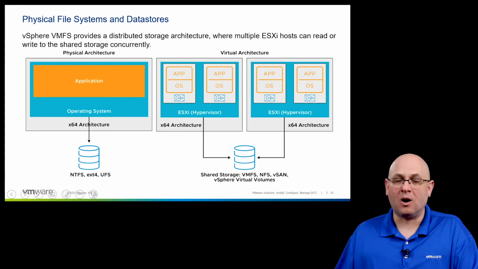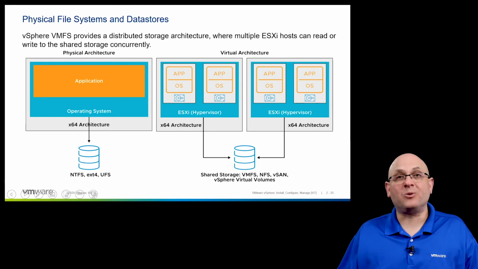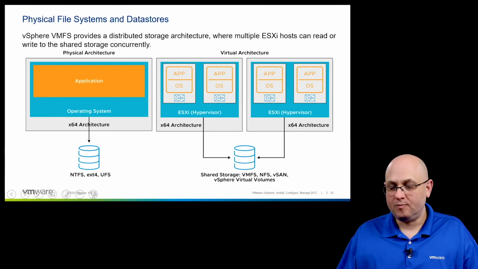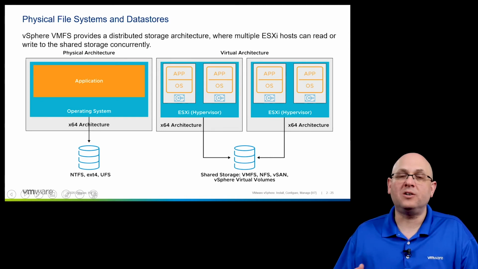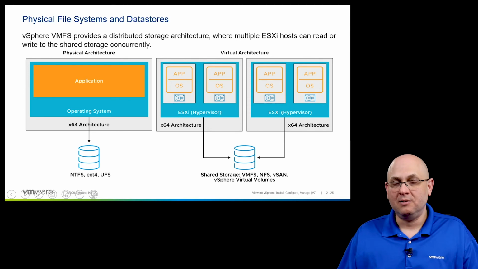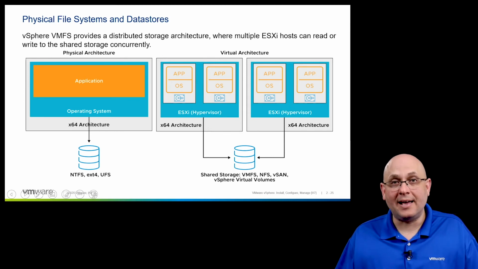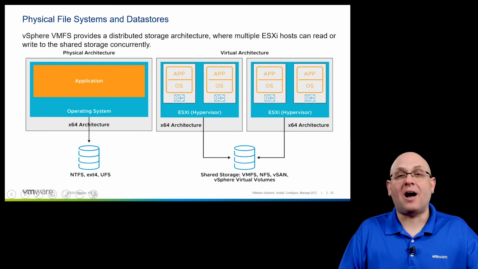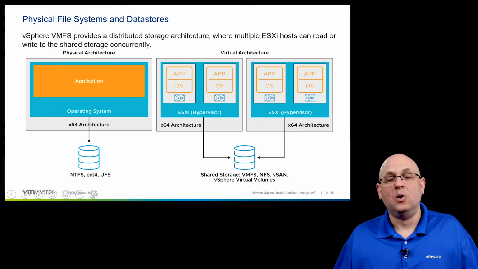Now this data store, we use this term data store simply to represent a place where I can have virtual machine files. And this is where my virtual disks will go. When I build this virtual disk as a specification for my virtual machine, if that virtual disk, I say, is 100 gigs in size, right? That means Windows will see a 100 gig C drive, for example, and that VMDK file itself will be 100